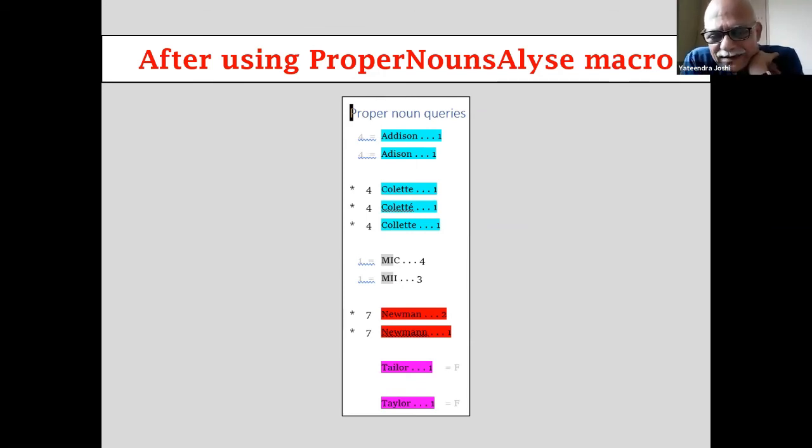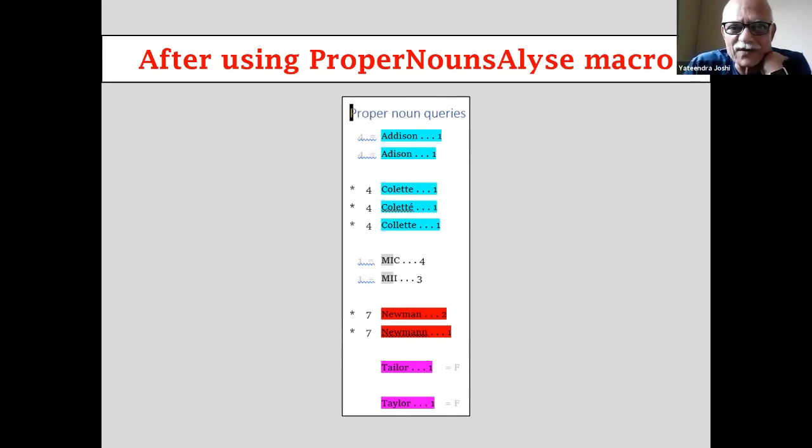Then Newman was spelled with one N or with two N's. The word Taylor, Tailor, that's wrong, but it is used. I introduced that deliberately. So you see, PerfectIt did not catch this, whereas the proper nouns macro did catch that.